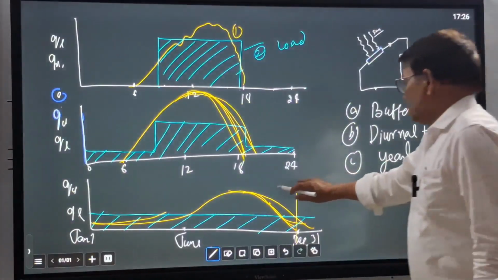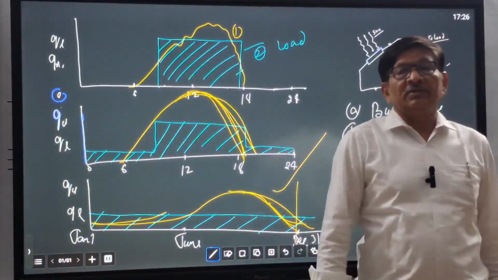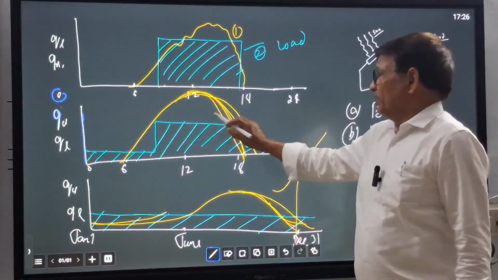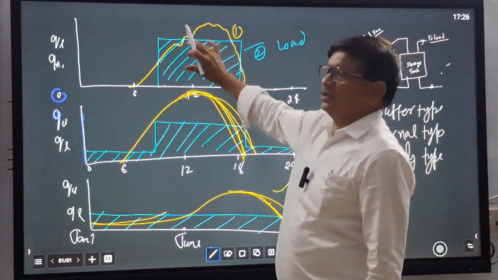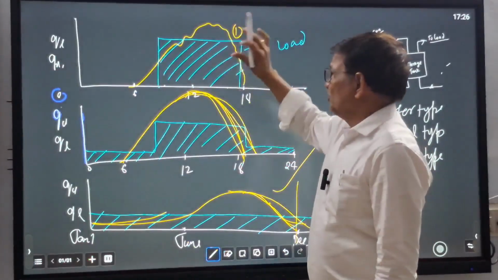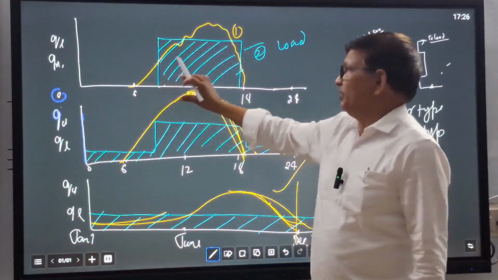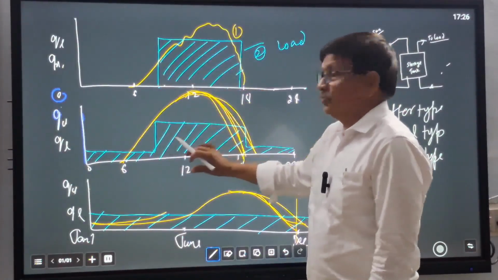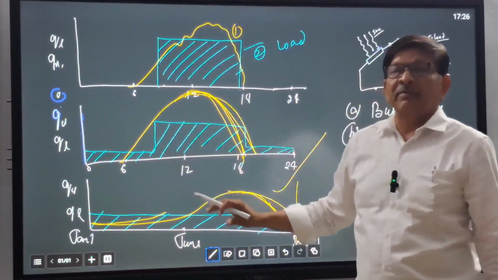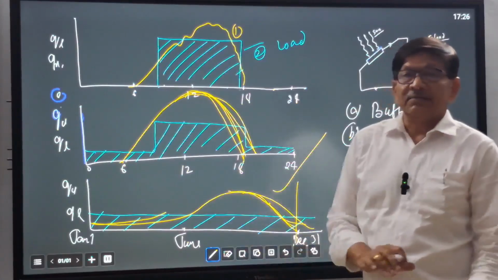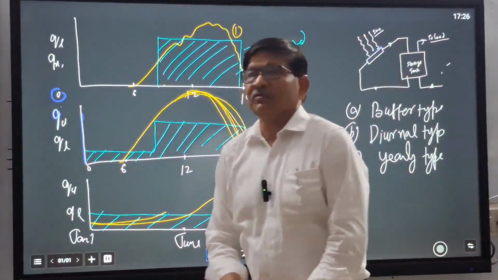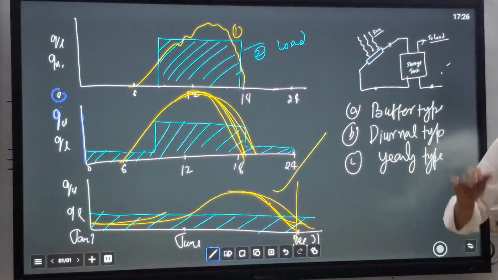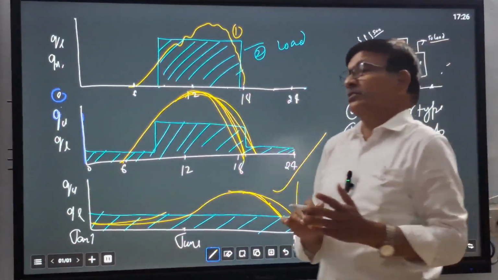So these represent very big energy storage, and this one is a medium energy storage. This is very small energy storage, because you need storage for only 2-3 hours. That is known as buffer storage. For the whole of the day you need medium energy storage, and the size will be bigger. For the whole of the year, this is the biggest energy storage system, because we have to design the energy storage system